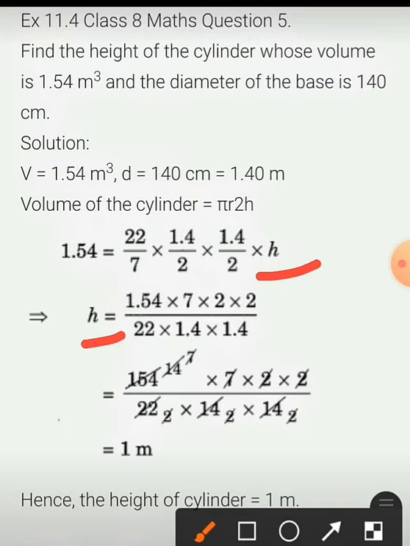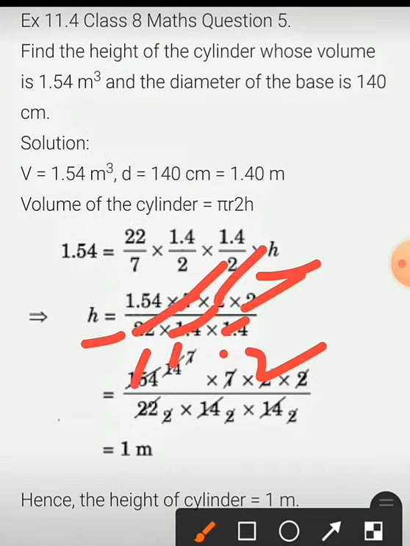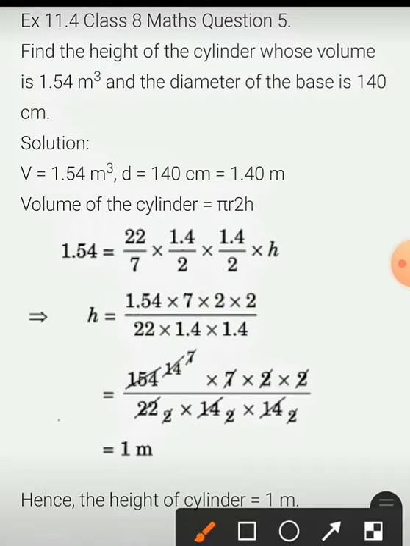Now we have to do cancellation. After cancellation, this cancellation is possible: 7 ones are 7, and 7 twos are 14, so here 0.2 will come. Again here, 2 ones are 2, and 2 sevens are 14. Then 2 ones are 2, and 2 elevens are 22. Then 11 ones are 11, and this 154 is also in the table of 11, so you have to cancel it. And for this 1.4 and 1.4, two times, the decimal point is there. If you write it upon 10 and upon 10, it will become 100. And here also 1.54 is upon 100. So this decimal will also get removed, it will get cancelled off.